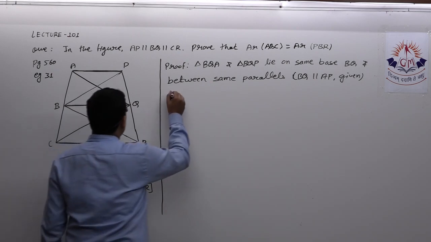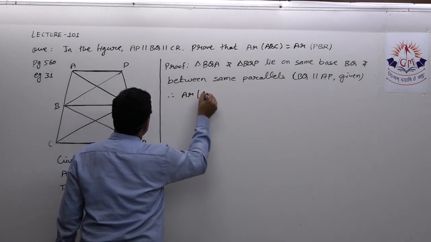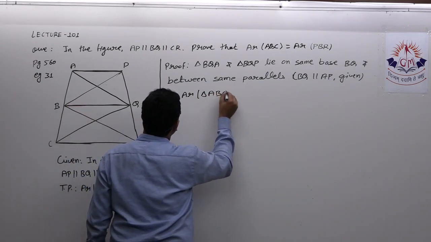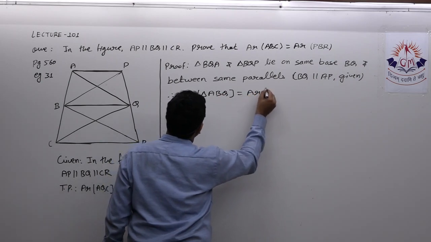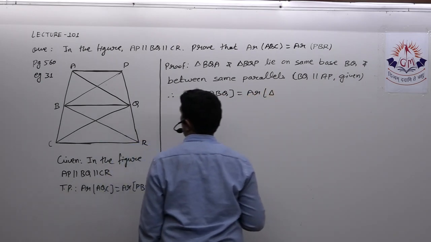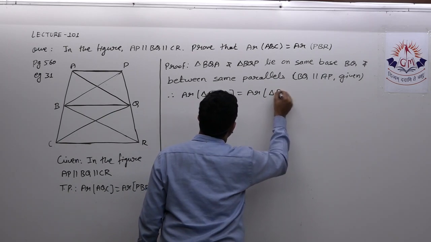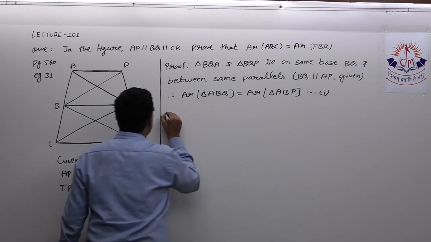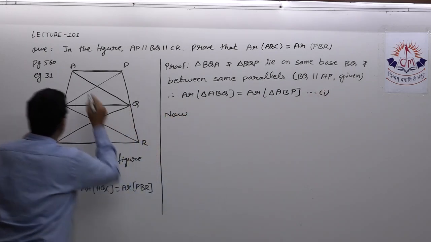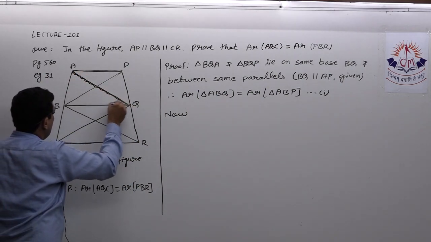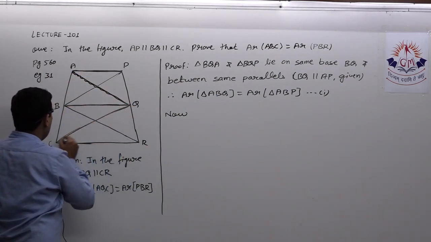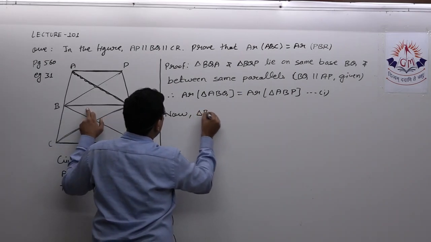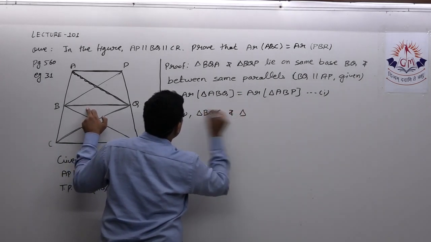Okay, therefore I can say area of triangle ABQ is equal to area of triangle ABP. These two triangles will be equal in area. Now with the same method, in this I have to add this triangle PQC. So now triangle BQC and triangle